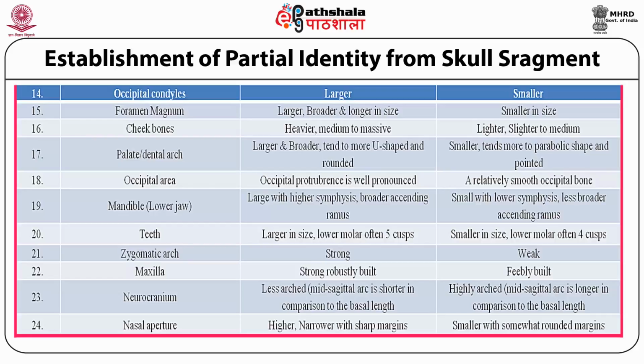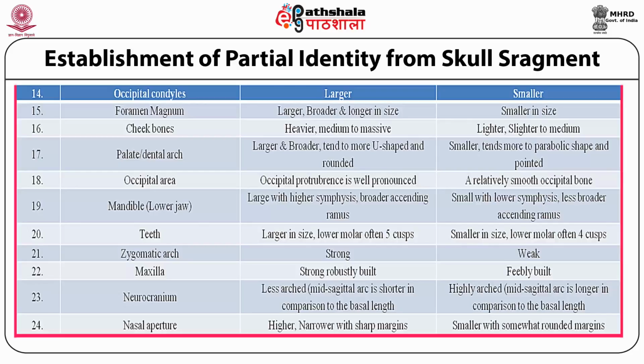The last important characteristic which is used for differentiation between males and females is the nasal aperture, and this nasal aperture is higher and narrower with sharp margins in males, and it is smaller with somewhat rounded margins